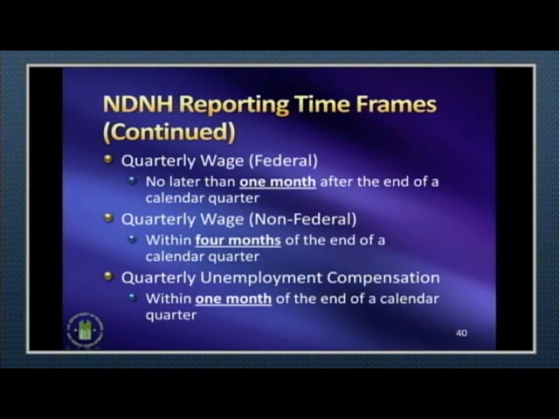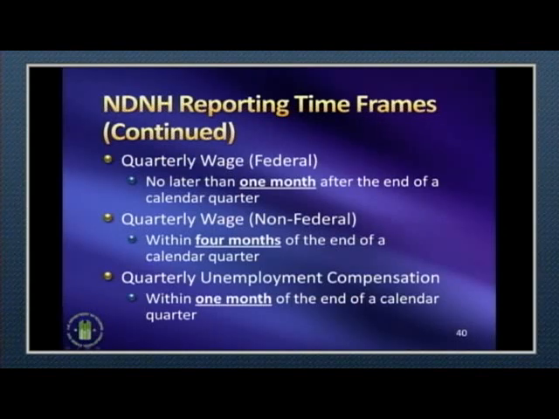The quarterly wages, the employer has 4 months from the end of the quarter to report that information. That's where your lag time is coming in, okay? So the employer has 4 months. Like, for example, September 30th, they got 4 months. So that information is not going to be available until 2012. So that's why there's a lag time.